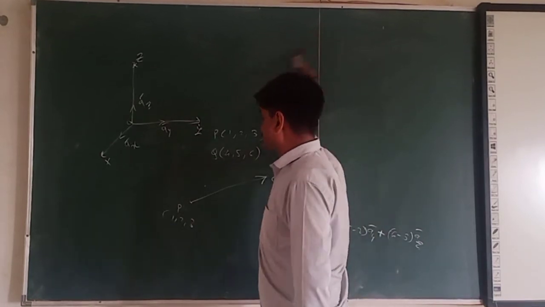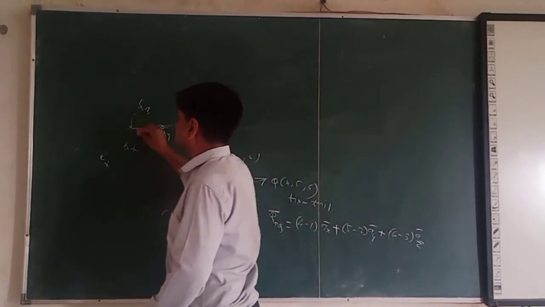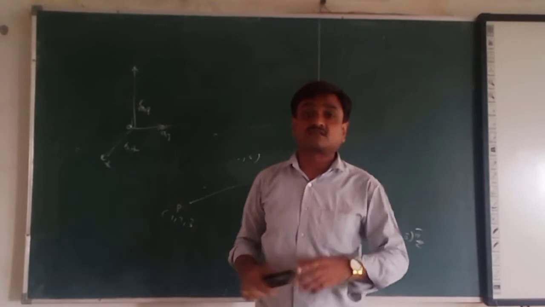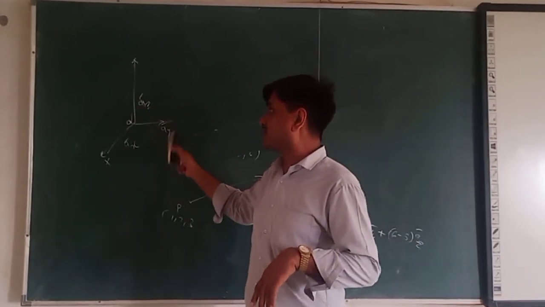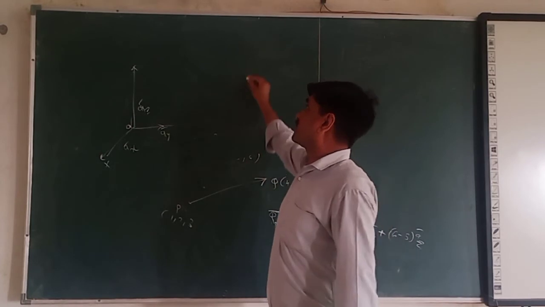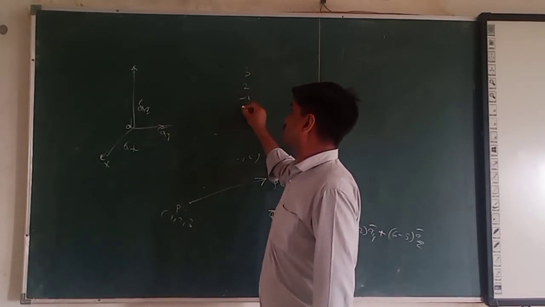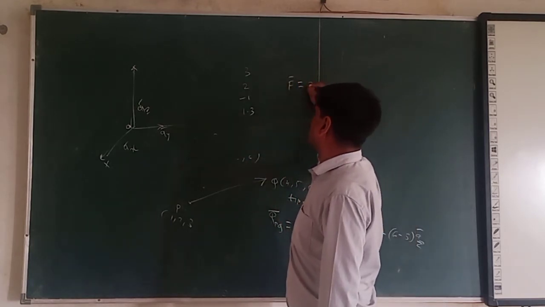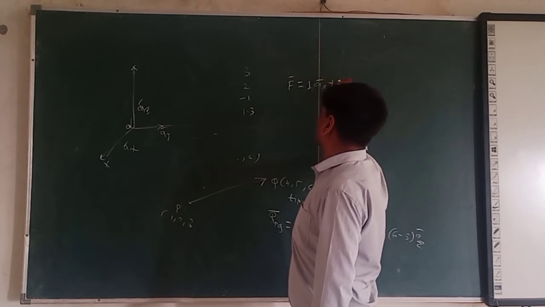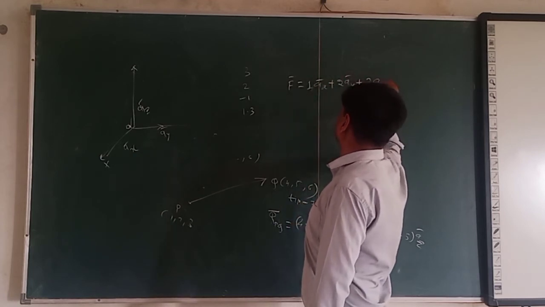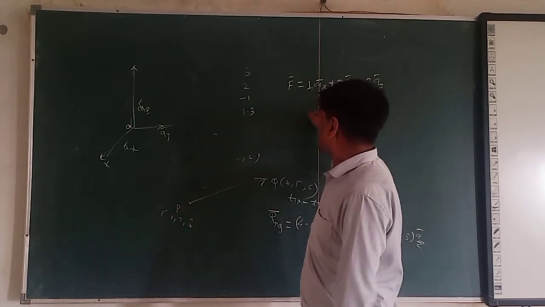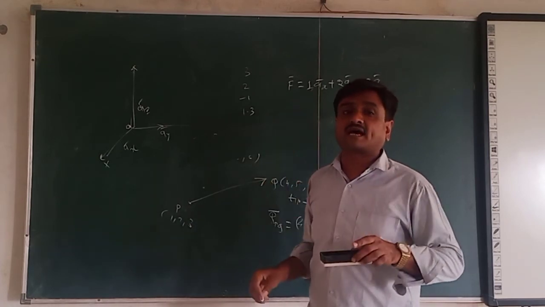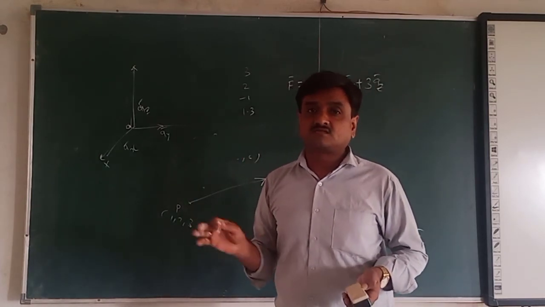So this is about scalars and vectors. I am telling you why unit vectors are introduced in the system. X, Y, Z, these are the three unit vectors directed along the three coordinate axes. As I have told you, 2, -1, 1.3 are scalar numbers. But how does a vector look? Vector F, for example, looks like 1ax plus 2ay plus 3az. This is the vector quantity. Vector has magnitude as well as direction, and just to show the direction, these unit vectors are introduced in the system.